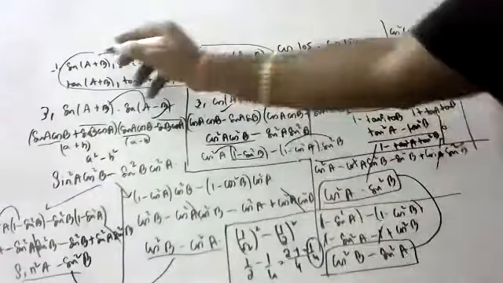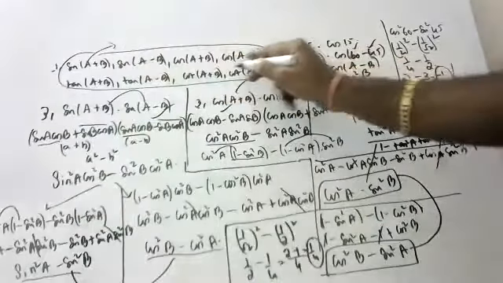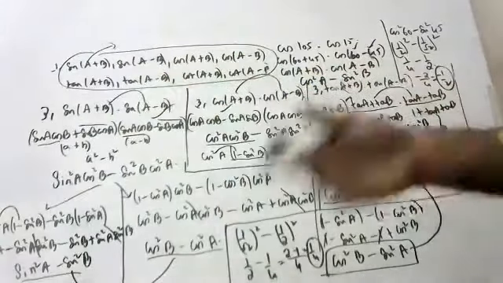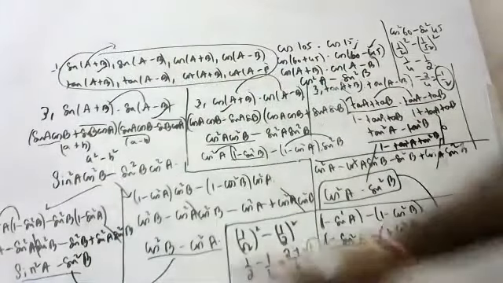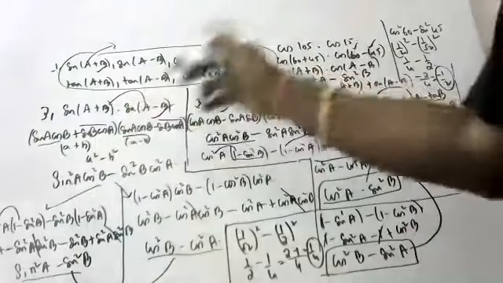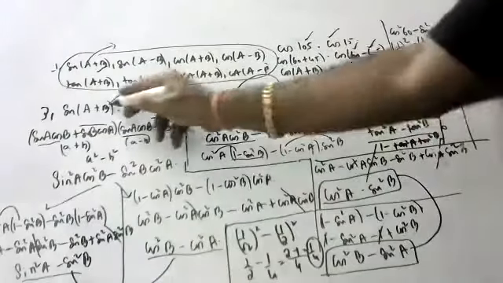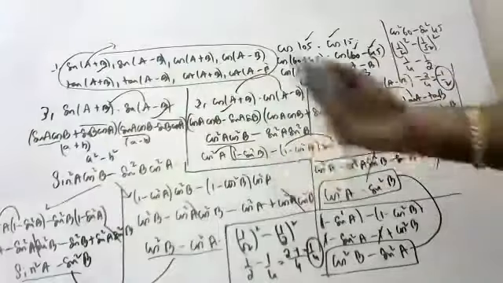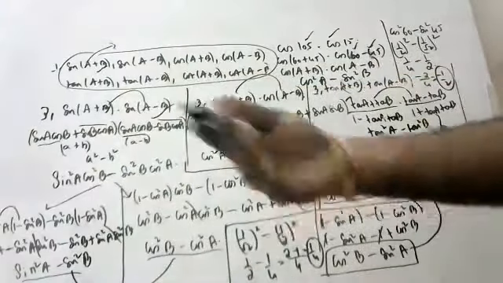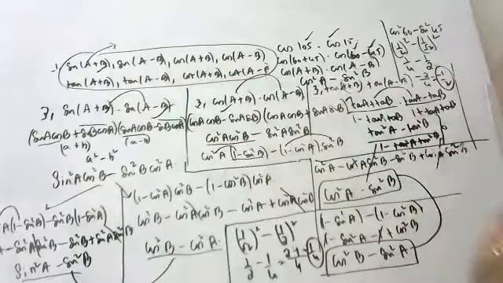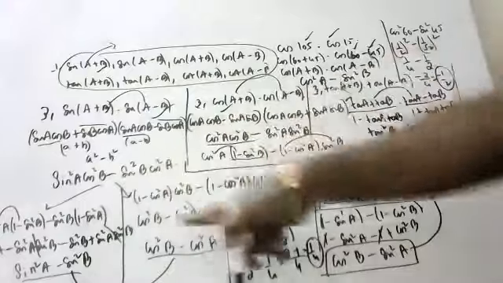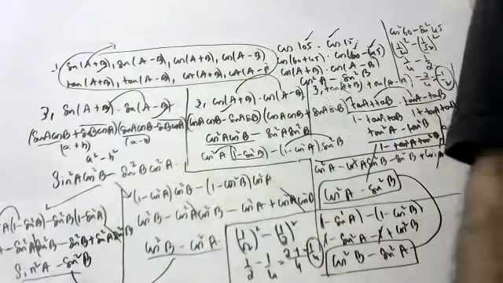I told you in the first class, if you remember this, all these formulas will automatically come one after other. So many are going to come, children, in the future. Almost 25, 30 formulas you will get, but everything comes from this one. In the exam, when they ask this question, at that moment you can't derive all these things. You should remember all these formulas, like sin square theta plus cos square theta is equal to 1. How did you remember secant square theta is 1 plus tan square theta in 10th class? Like that, in intermediate, you should remember all these formulas, children. Then only you'll be in a position, children.